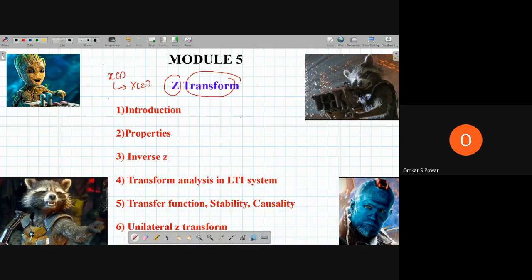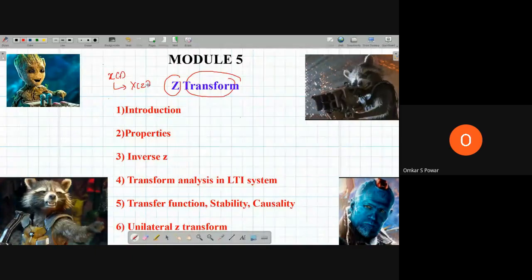Where are we going to apply that from an application point of view? There is no point in just studying one subject, so you have to apply it somewhere, right? Whatever I am teaching here, Z transform or Fourier transform, you are going to apply in control system subjects. So this is the foundation for that. You have to ask yourself where we are going to apply.